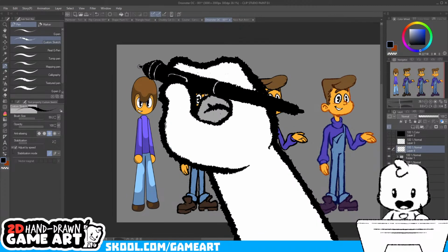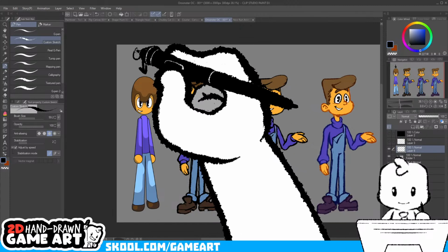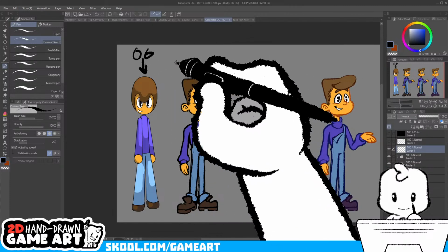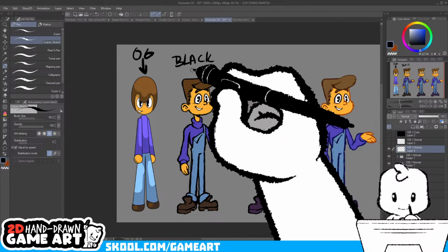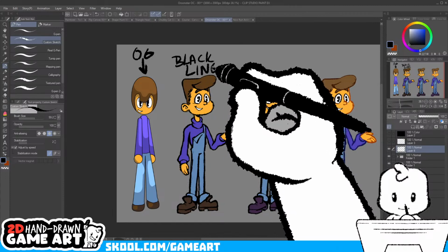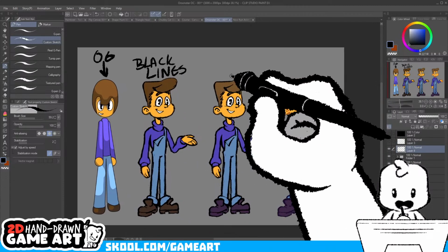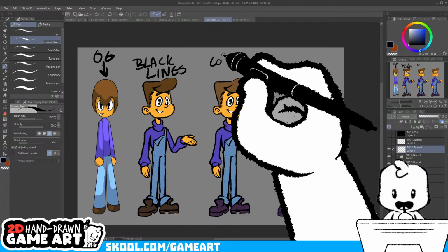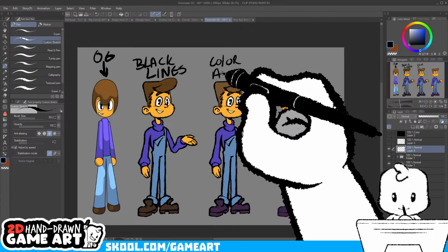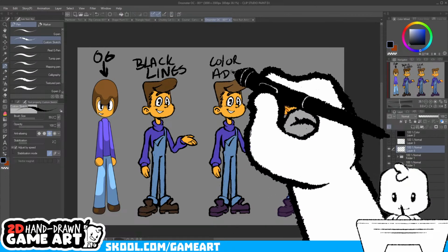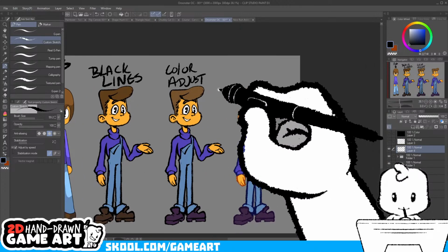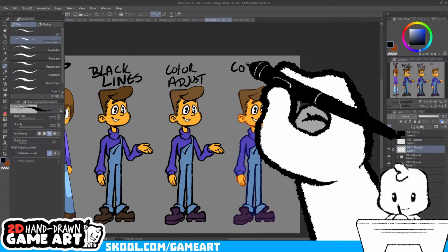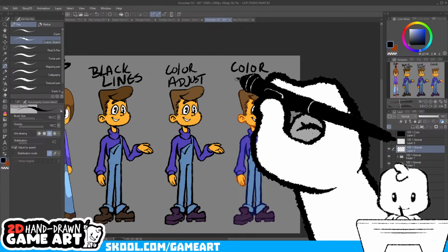So this is the original. It's the OG. This one has black lines. This one has color adjustments. And this one has color lines.